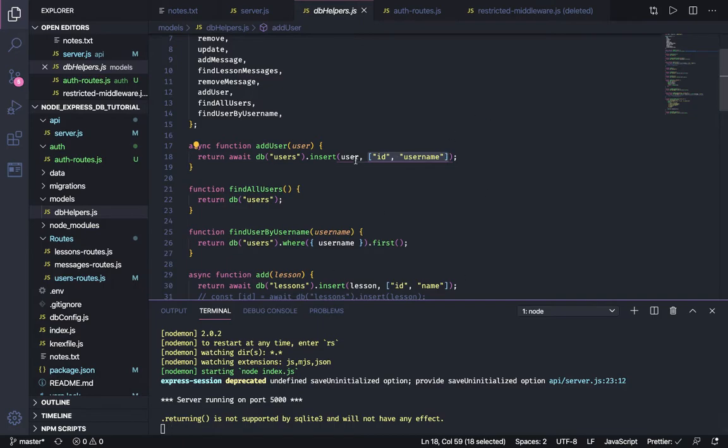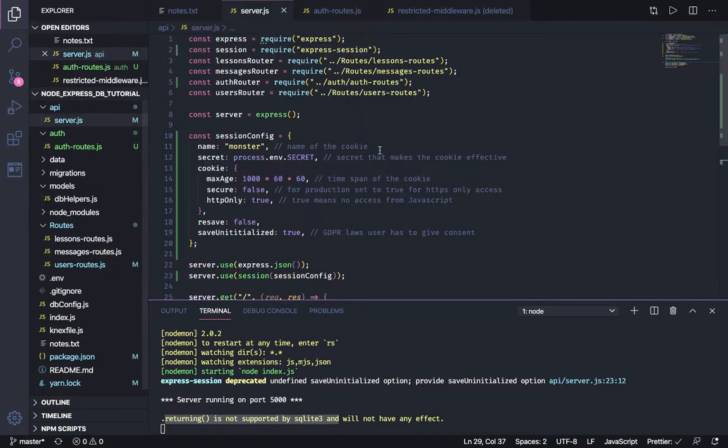And so basically it's saying insert a user and return this information. And so that's what this little error code, returning is not supported by SQLite 3, but it won't have any effect. So anyway, if any of you were wondering, that's what that's all about. Okay, so